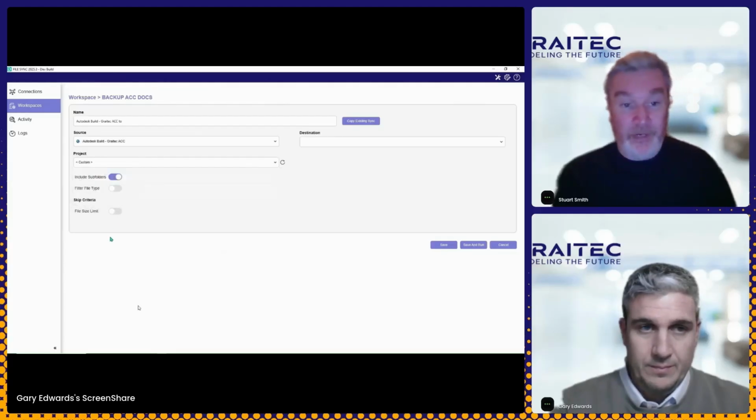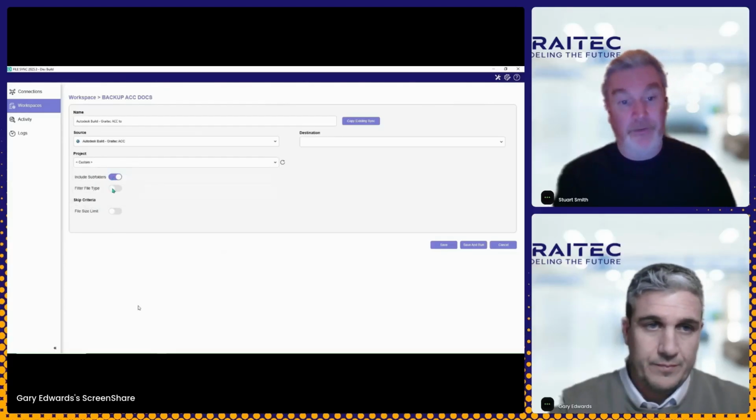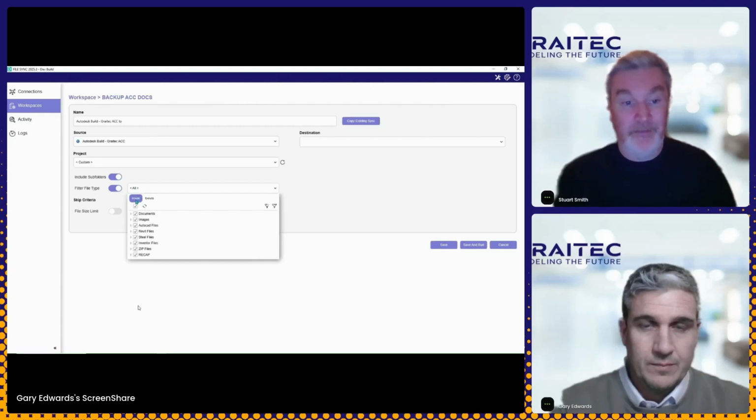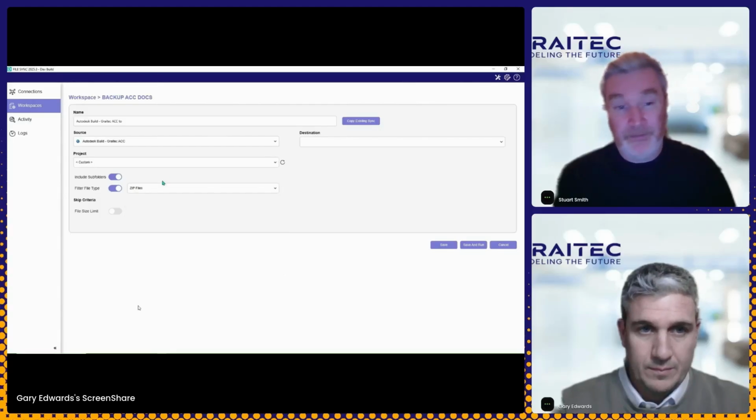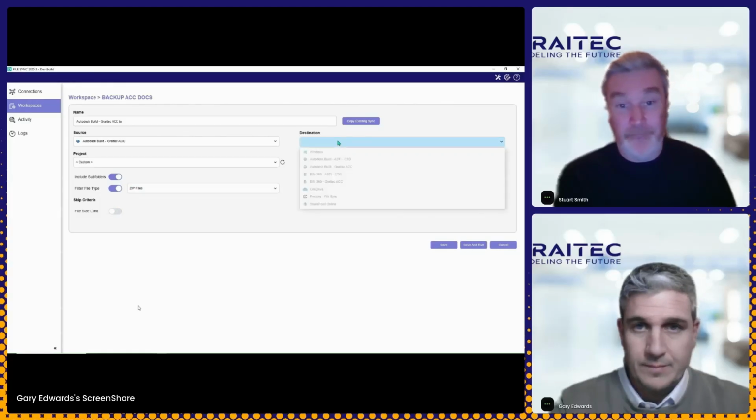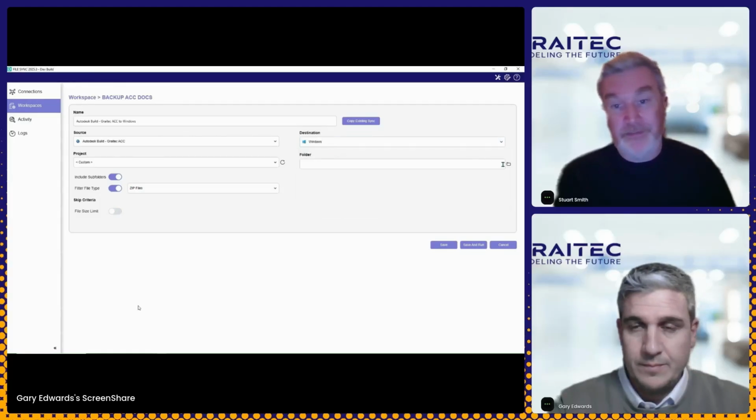We can then set all the parameters. So we want to include subfolders. We also need to filter some documents out that we deem unnecessary. We mentioned that we want to exclude zip files. So these filters can be customized. You can add your own categories and your own file types. We then choose our destination,